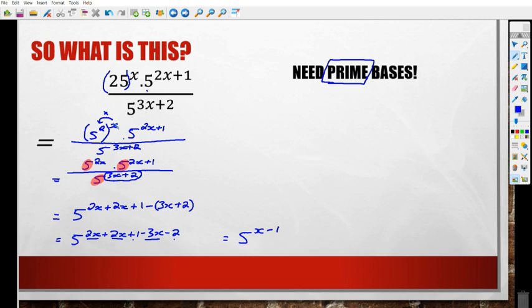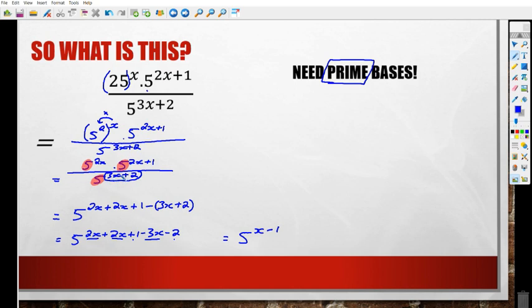Then we see that we've got an x outside of a bracket, and it's an exponent. So when we see that, we multiply that exponent that's outside of the bracket with all the exponents that are inside the bracket. So we said 2 times x is 2x, and everything else stayed exactly the same. Nothing changed. So 5 to the 2x plus 1 and 5 to the 3x plus 2 goes to the